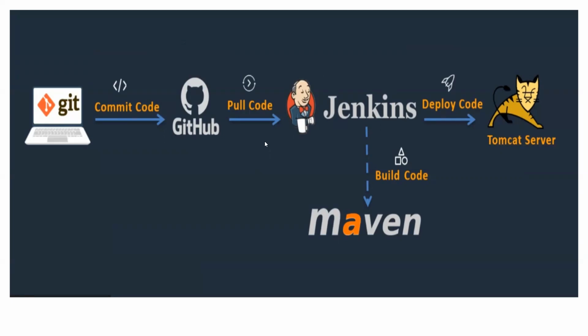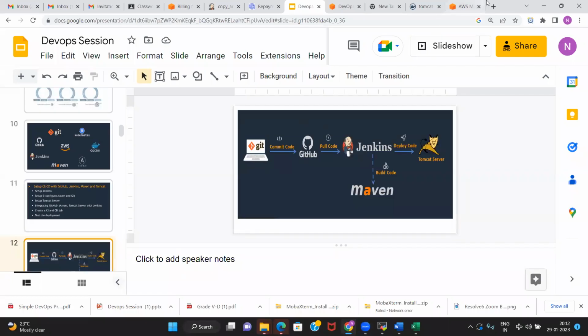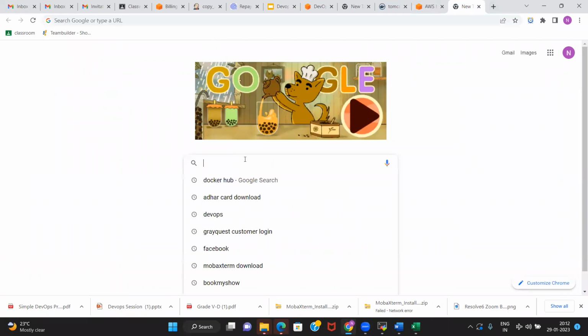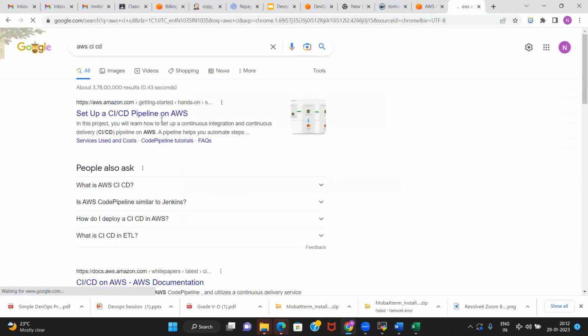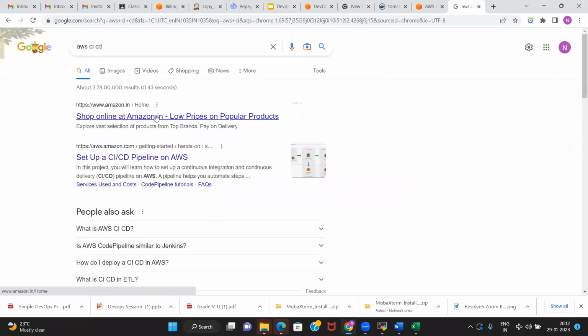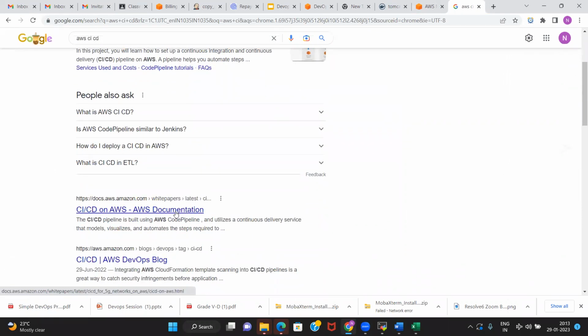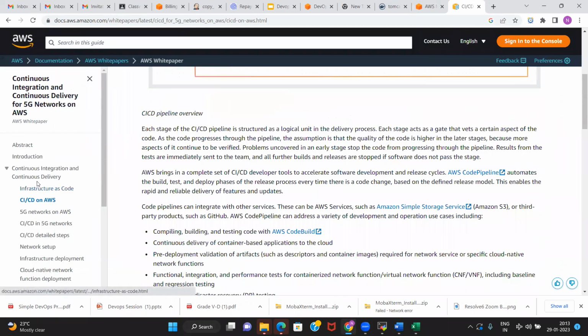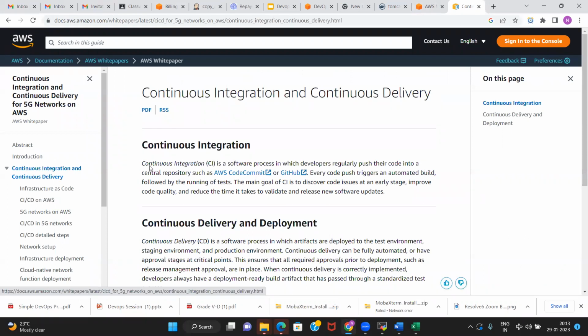Before talking about the CI/CD pipeline, let us first see what CI/CD means to us. Search for CI/CD on AWS. This is continuous integration and continuous delivery.